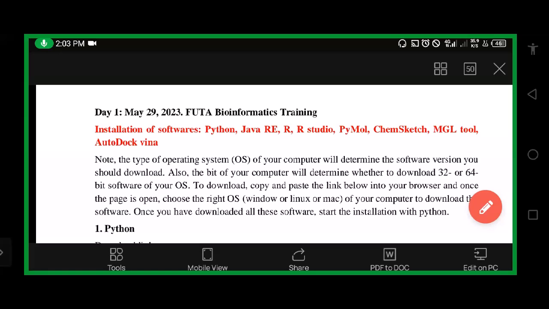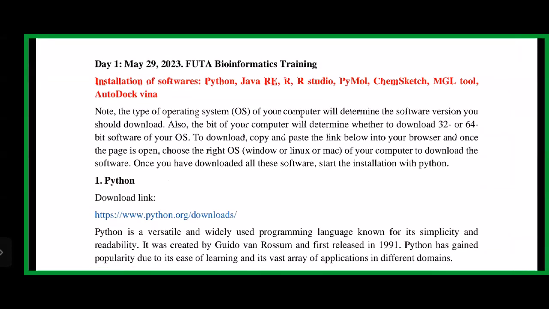Okay. So that is very, very important. By the time you want to download any software, your understanding of the nature of your computer will determine which kind of software you want to download. Is it for Windows, or is it for Linux operating system, or for Mac? Is it a 64-bit processor that I want to download it for, or a 32-bit processor? So this understanding will help us to know how to download